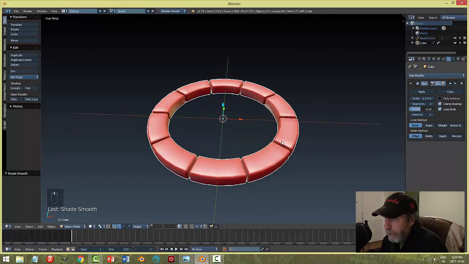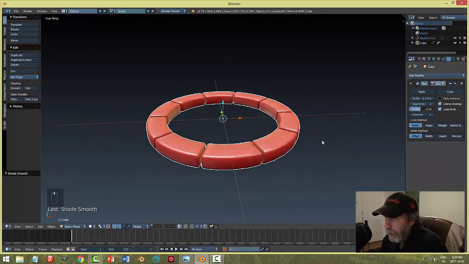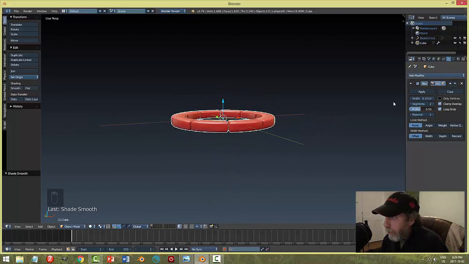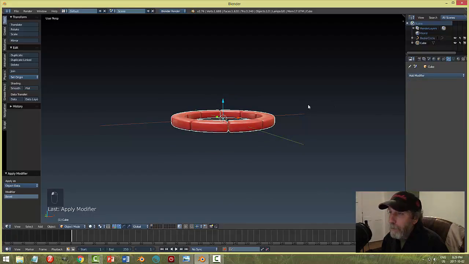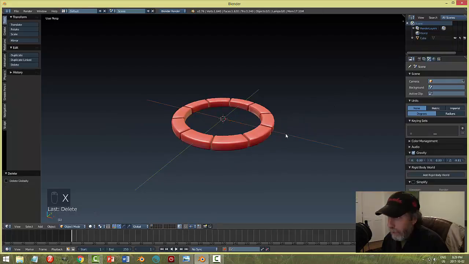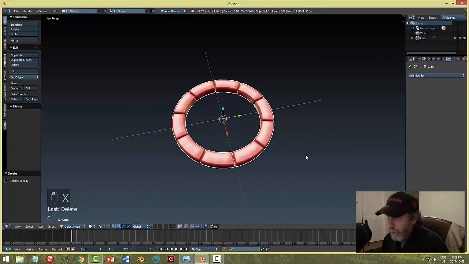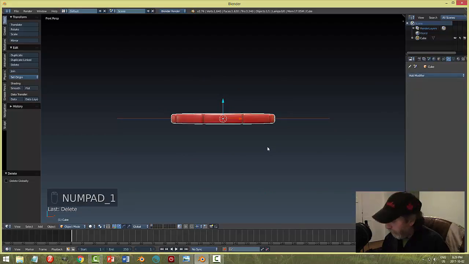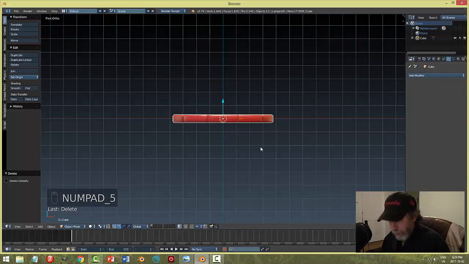And that's probably okay for what I want to do. I want it to be a little cartoony. All right, so I'm going to go ahead and apply that. And I don't even need this circle anymore. I can delete that circle. I've got my bricks. All right, so now in side view, or front view as it might be,